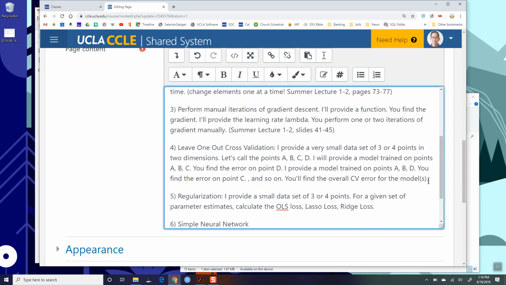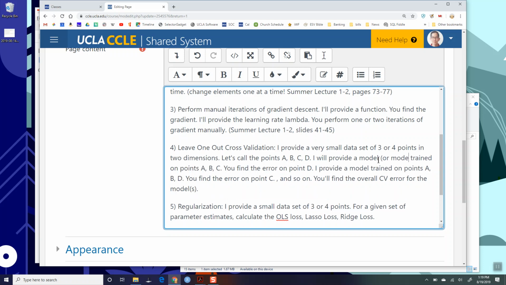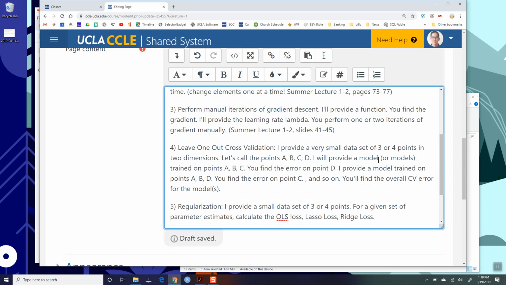Okay, cross-validation. So, leave one out cross-validation. I'm going to provide a very small data set, maybe 3 or 4 data points, in probably 2 dimensions. I have to tailor all of these things so that we can do them by hand. Otherwise, it's too hard. Then I'll provide a model or models trained on points like A, B, C, and then you'll find the error on point D. Because this is leave one out cross-validation, that means we're using 3 of the points for the training set,